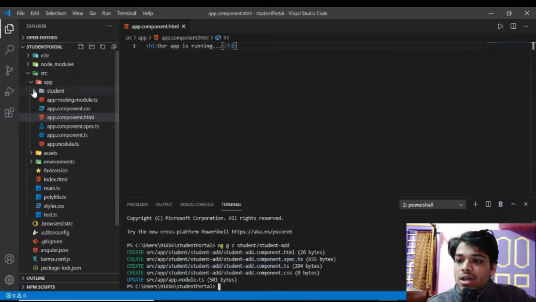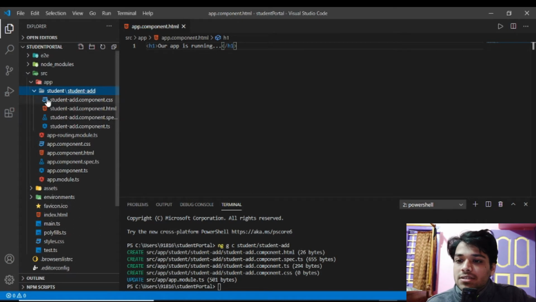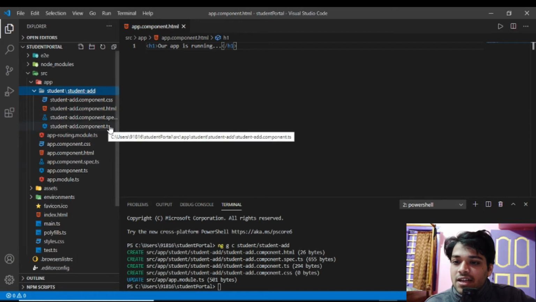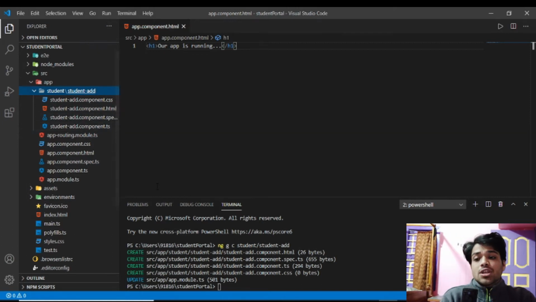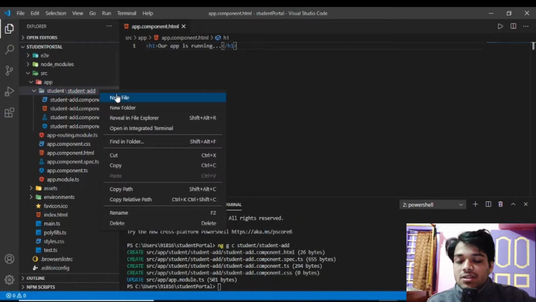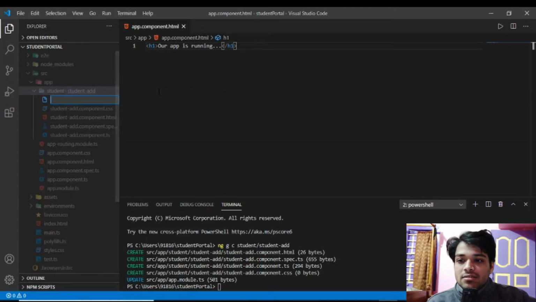Now I will go to the files, student/student-add, and there are four files: css, html, spec.ts and student-add.component.ts. You can also add your component by your own coding, like creating a new file like this.